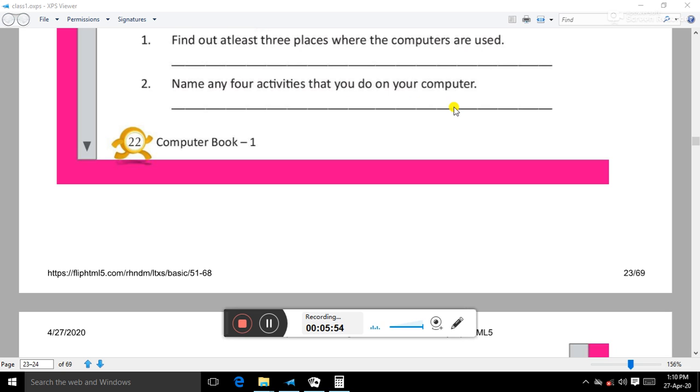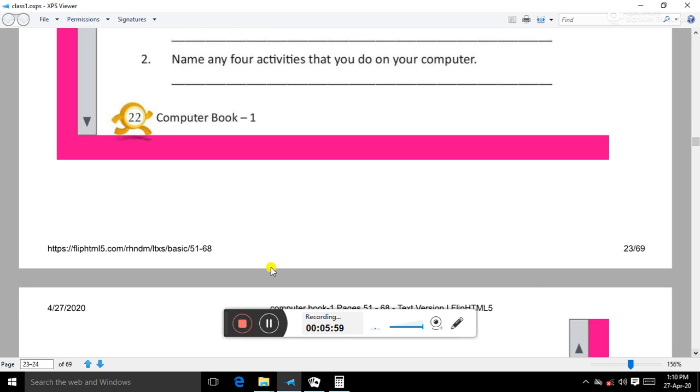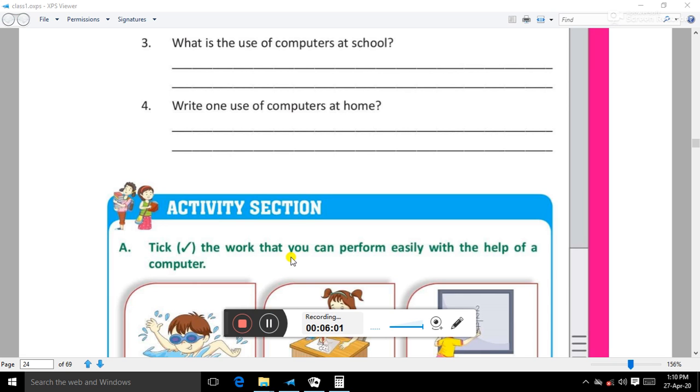You have to mention 4 activities which you can do with the help of a computer. The third question is, what is the use of computers at school? And the fourth question is, write one use of computers at home. So these are the 4 questions related to this chapter and you have to solve them in your notebook.